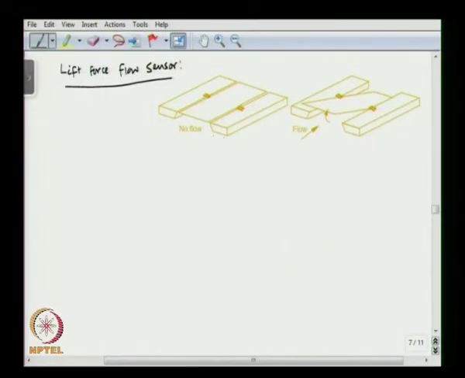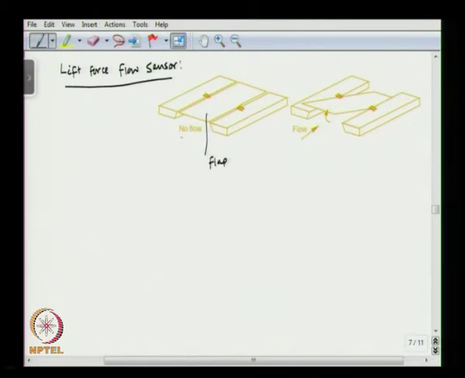The lift force sensor is based on the principle that as the flow rate increases, the lift induced on an aerofoil kind of structure increases. So, this is the kind of structure we have. There is a flap kind of structure, okay,